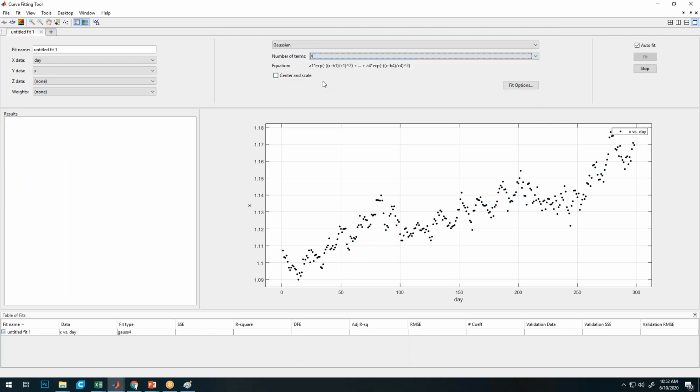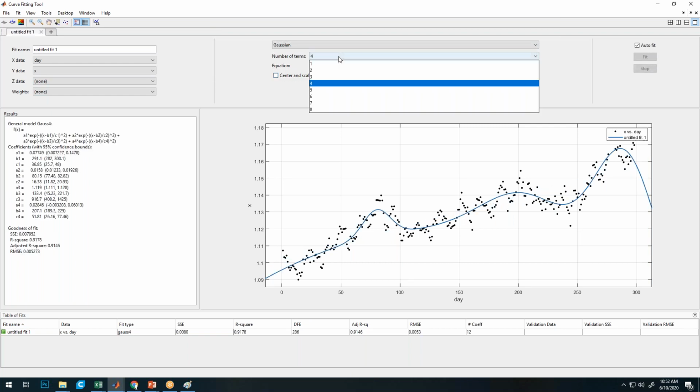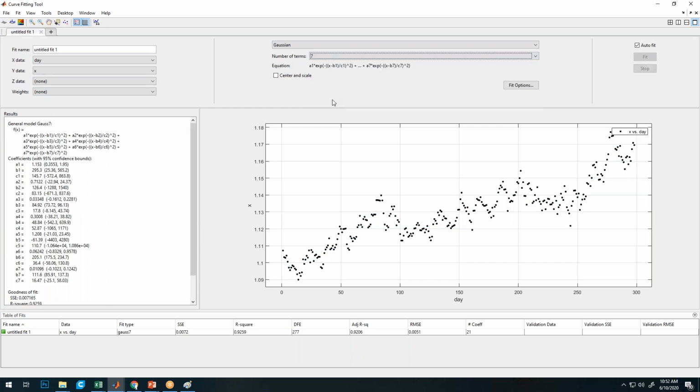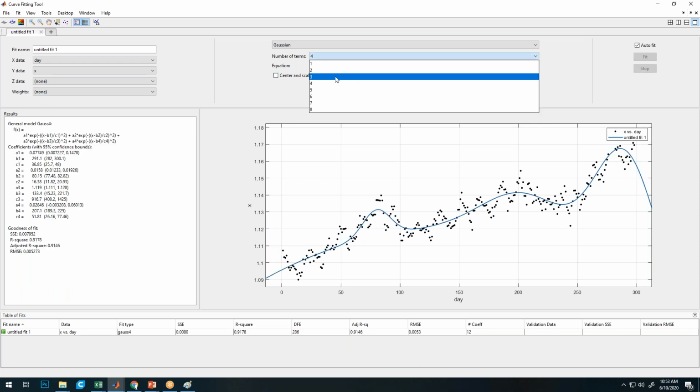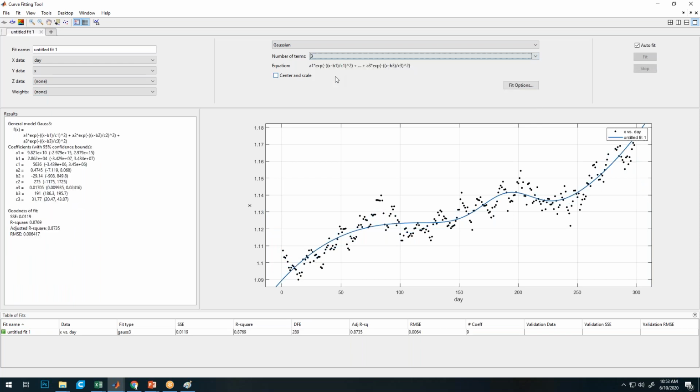Gaussian of term 4. Okay, with Gaussian, if I use a Gaussian